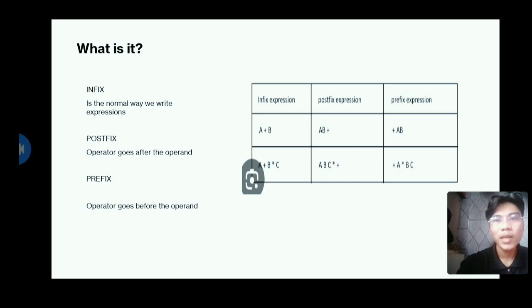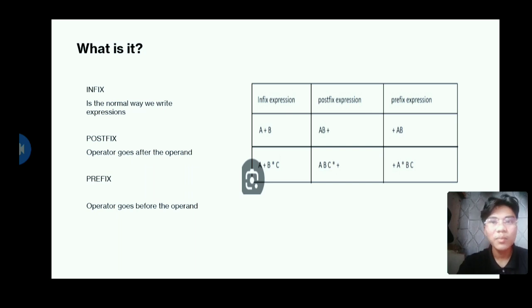Then step four, read the operator, which is the multiplication sign. I've said that the multiplication sign has higher precedence than the addition sign, so push it to the stack.